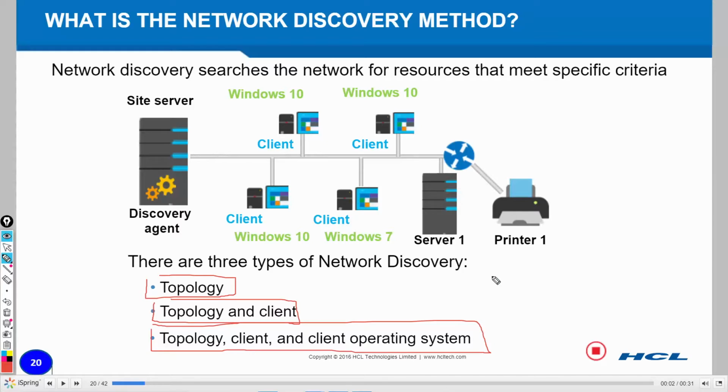These 3 types of network discovery options you can run. Generally you can run either this or this, but if you run the last one, that is the best option, so you'll get much more information about your client machines on the network.